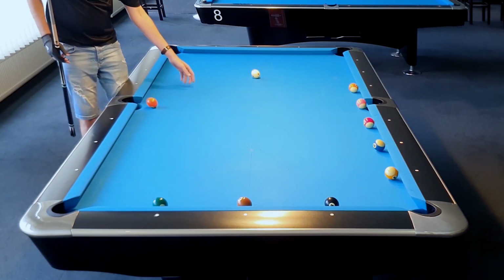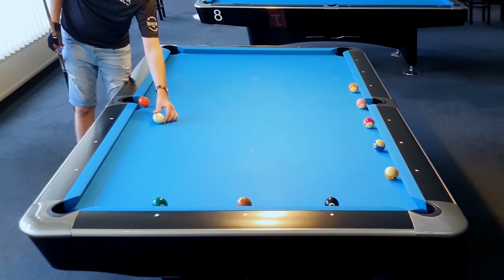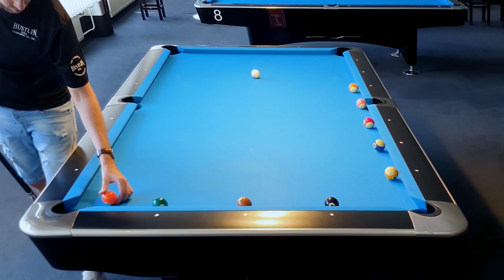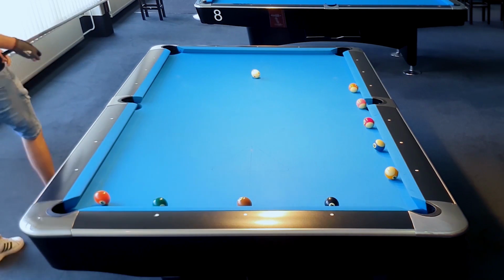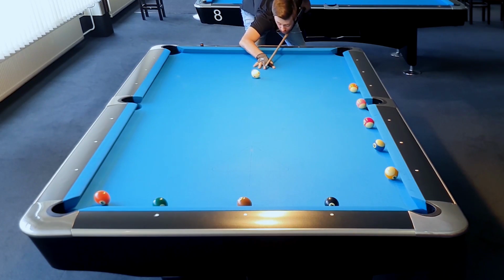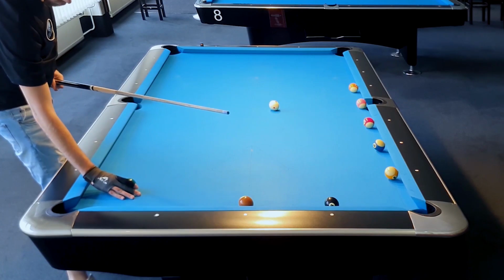And here again, I could place the 5 ball in the side pocket, hit this part of the 5 ball, and follow the tangent line for the 6th. But of course, I'm making life easy here and using the corner pocket because this is much easier to control. And again, I have a very high chance to hit that 6 ball, even if I'm not hitting a perfect stop shot here. But of course, your goal should be to just play a stop shot, use the tangent line,